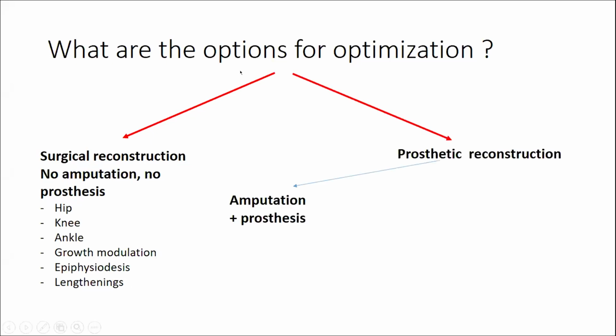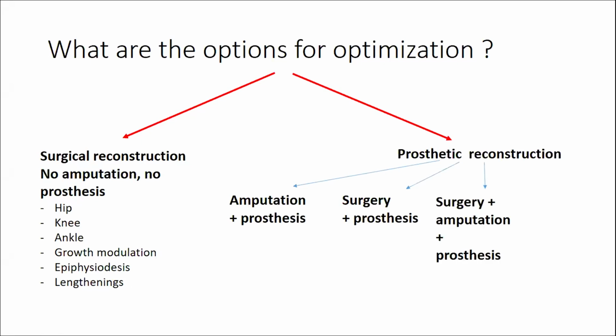Prosthetic reconstruction can fall under really four subgroups: amputation and then prosthetic application, surgery and prosthesis, surgery and amputation and prosthesis, or simply we have some patients or some conditions where only prosthetic treatment is an option. And we'll go quickly through an example of each one, but this slide summarizes essentially that we have numerous options